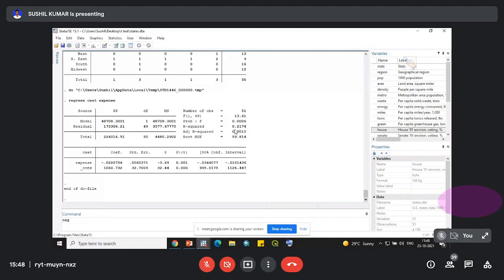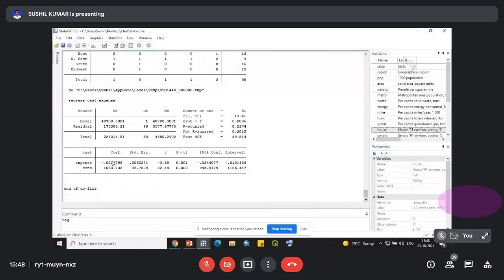R square is 0.21. As we know, R square is a correlation coefficient, and the higher the R square, the better the model is. Since our R square is low, we can say that the model is not very well fitted, or that expense does not explain CSAT very much.